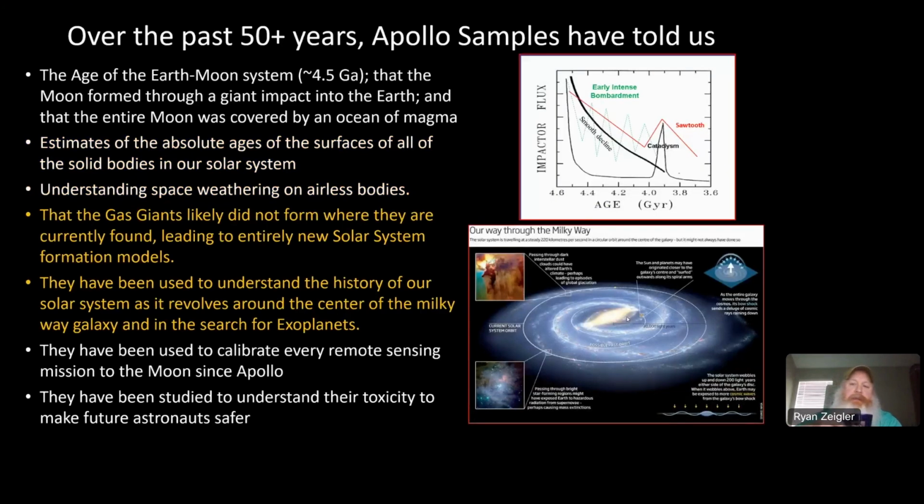And it's sort of obvious to think, okay, we know about the other terrestrial planets and the asteroid belt from the Apollo samples, but we can actually say something about the outer solar system as well. Now, I don't know whether you favor the cataclysm, whether you want a slow and steady decline of impacts or not, but really, it doesn't matter, because whatever model is made to explain how the solar system formed is going to have to account for the ages in the Apollo samples. It's not the only data point, but it's an important one.